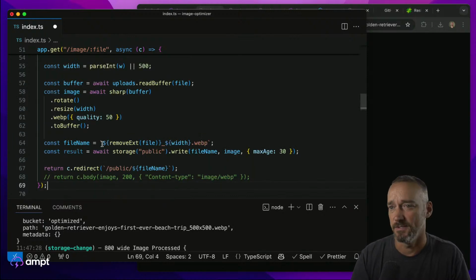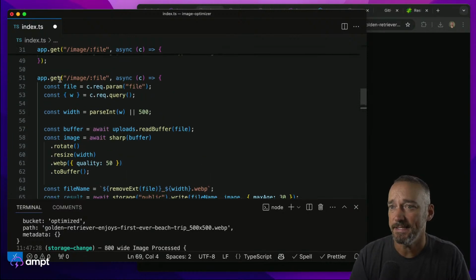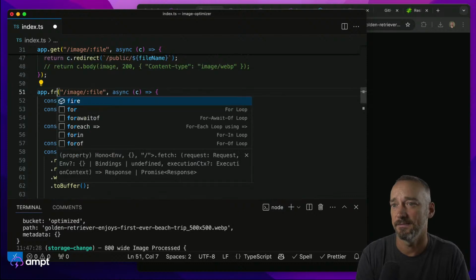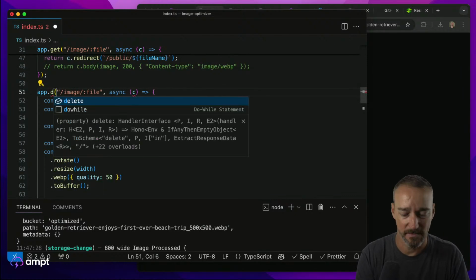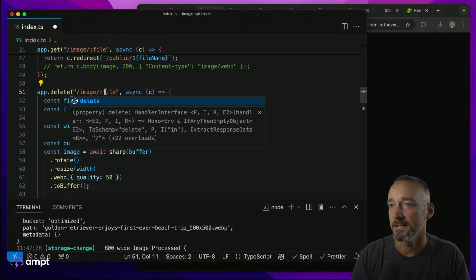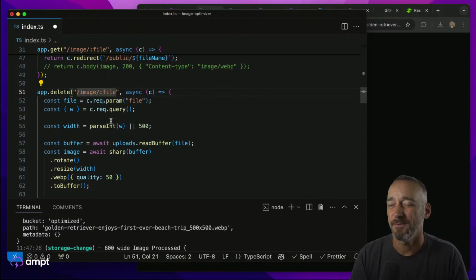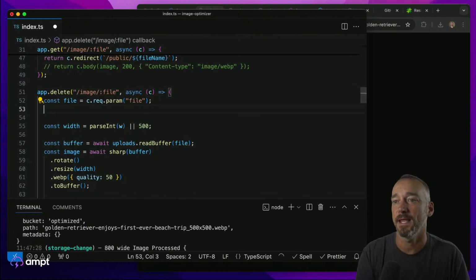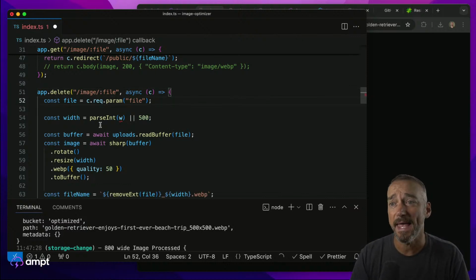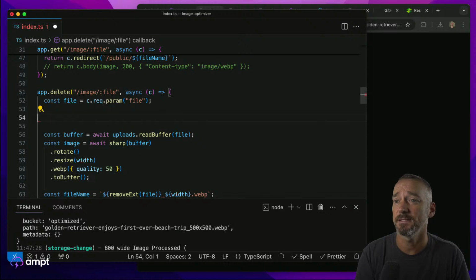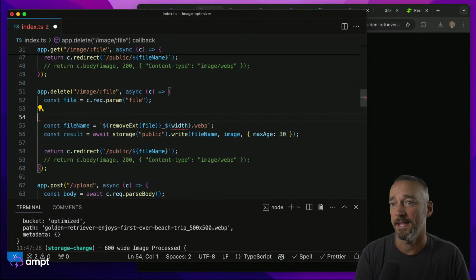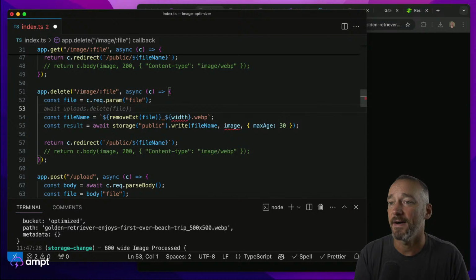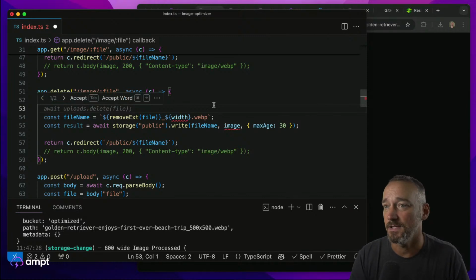So I'm going to go ahead and do delete instead of, so we're going to have to use, we're going to bring in Postman here to get us to do this delete thing here. And we could do it as a get if we wanted to, but essentially what I want to do is grab the name of the file, and we don't need to worry about any sort of formatting or anything like that. The file name is the file name, so we're going to use the whole entire file name, and then what